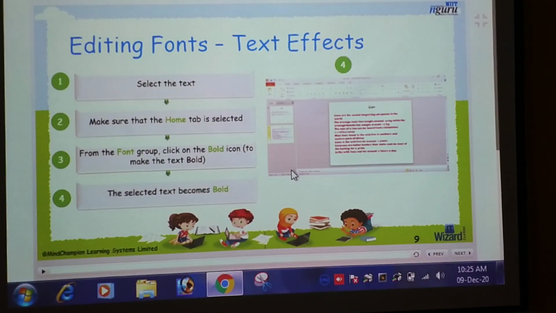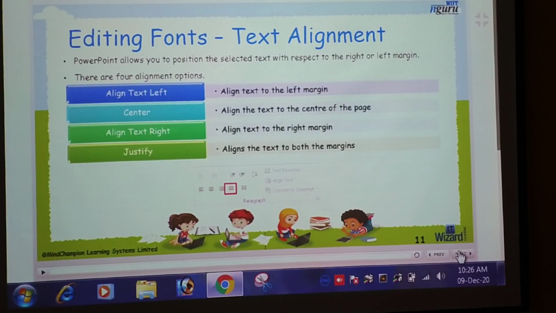Okay. Now let's see text alignment. PowerPoint allows you to position the selected text with respect to the right or left margin. There are 4 alignment options in PowerPoint. First is align text left, center, align text right, and justify. Okay. This is align text left.